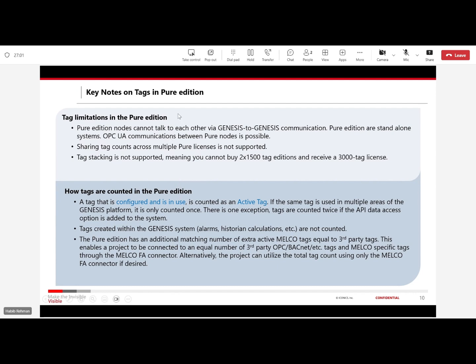Some additional notes on those editions. Tag limitation in Pure edition. So that's where the tag counts are. Pure edition nodes cannot talk to each other, as I mentioned, that you can't have two nodes and do Genesis communication. But if you want to have two systems or two machines on a plant floor, you can still use OPC UA communication between those nodes, but you can't have frameworks to frameworks, what we used to do in previous versions. Tag sharing is not possible, and you cannot stack more